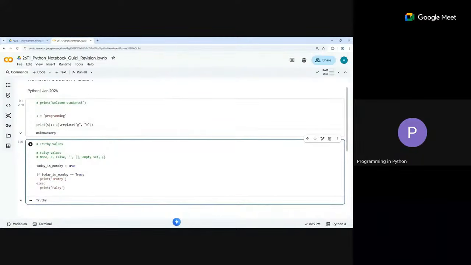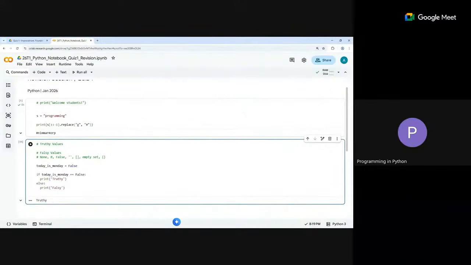Of course you can say that. It is the same thing. If I say if today is Monday equal to true, of course it is true. So even if you omit this part, it assumes that you are checking for truthiness only. Therefore, if I say false and just say if today is Monday without explicitly saying equal to true, because equal to true is the assumed part, even for booleans, we understand that this is checking for truth. Because this is false, we are not going to go inside even without saying equal to. But in some cases, we might as well add equal to true, and then of course it checks for equal to true.